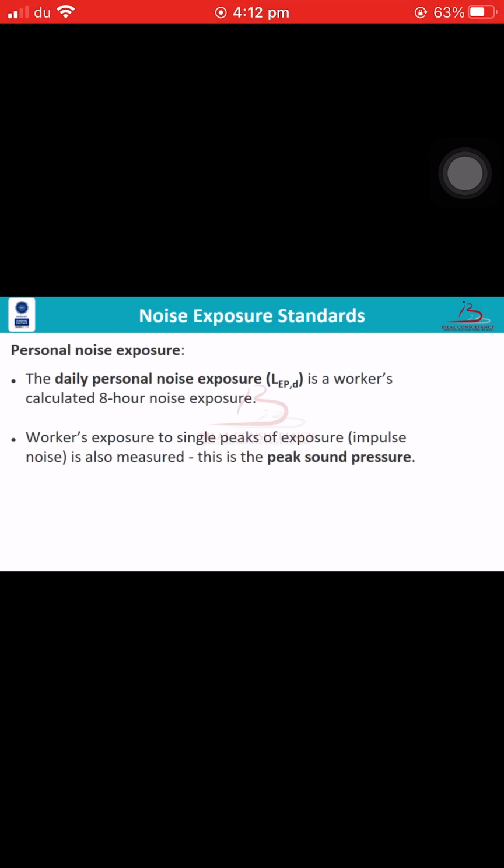And the worker exposure to single peaks of exposure is also measured. This is called the peak sound pressure. Peak sound pressure basically is generated from the impulse noises. What are the impulse noises? For example, if I fire a bullet from a gun, the noise generated from this bullet is called the